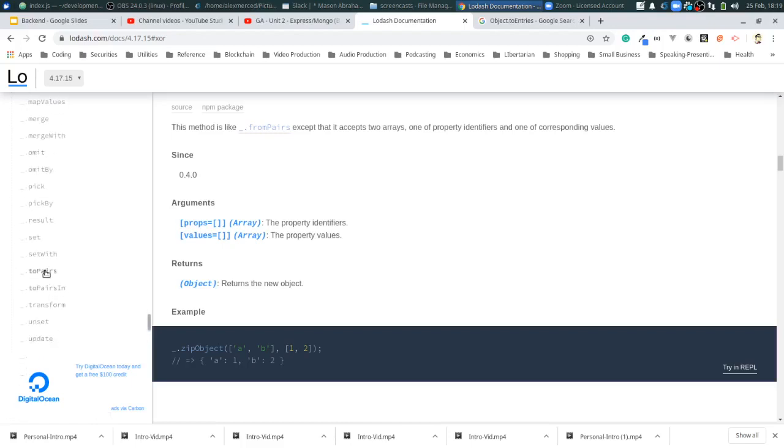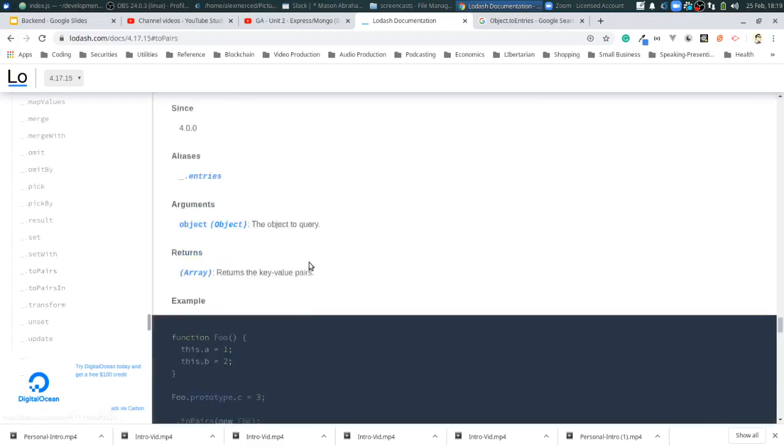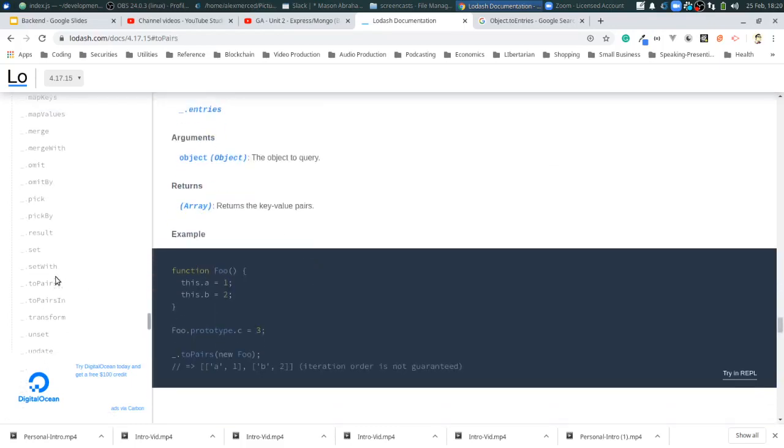I mean, to pairs might do it. But no, that just creates a pair. I wonder if they have something that's like the invert of that, because that could be really useful if you had your array of keys and array of values and you just wanted to zip them together. That would actually be pretty cool. But